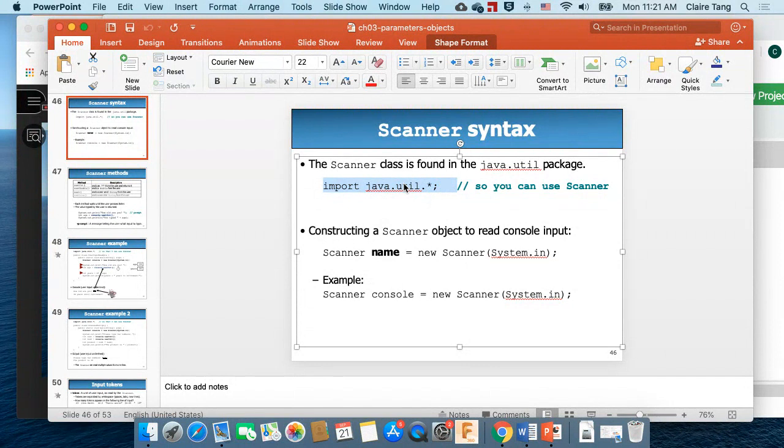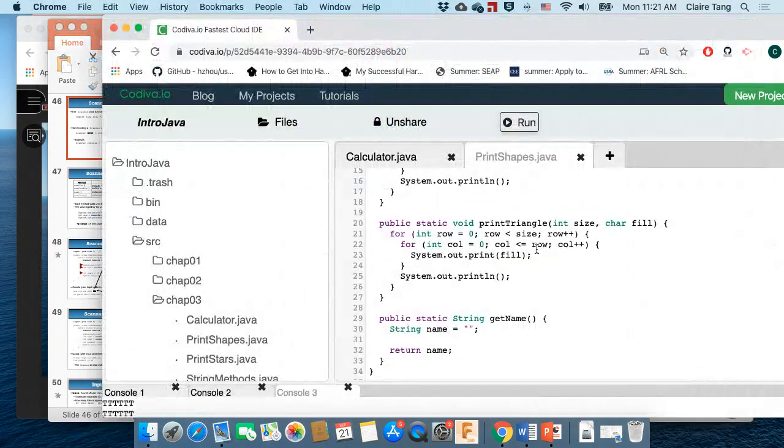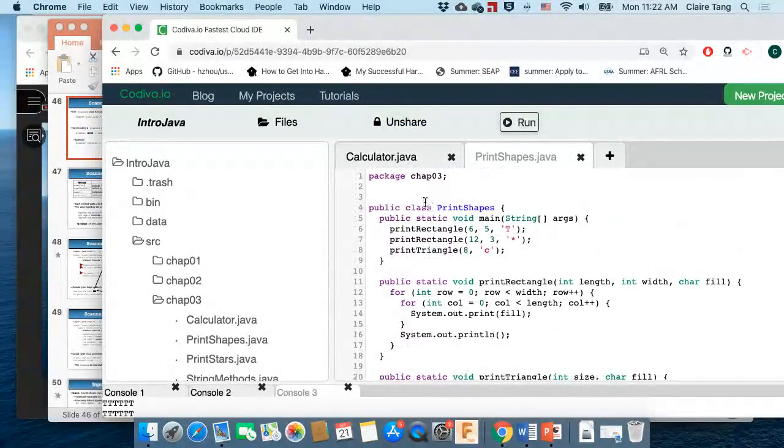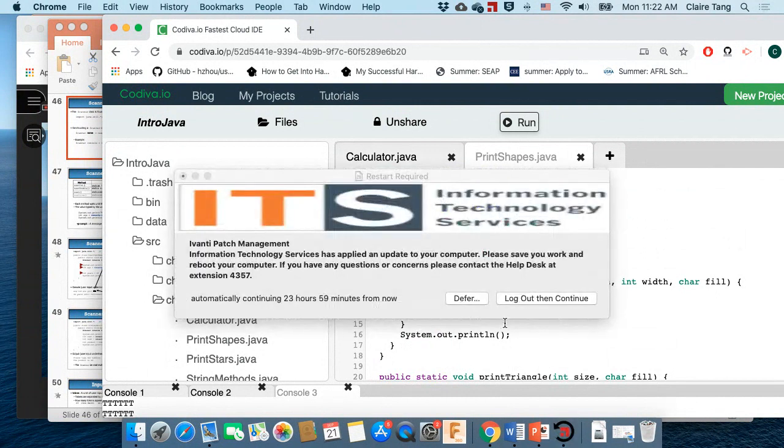Means that the scanner is really a whole set of classes and methods that someone wrote somewhere and we want to use it. So I'll demonstrate to you how we're going to use that. And so in here, we go back to the top, we'll do import java.util.*. Now the star here means that we'll import the whole